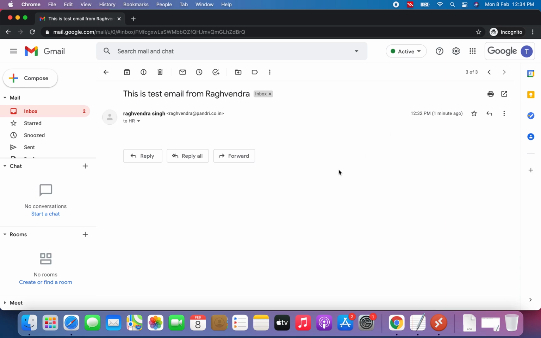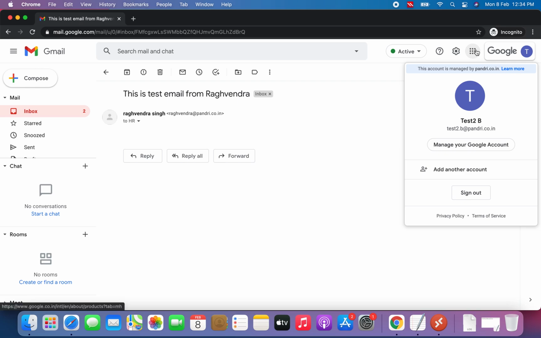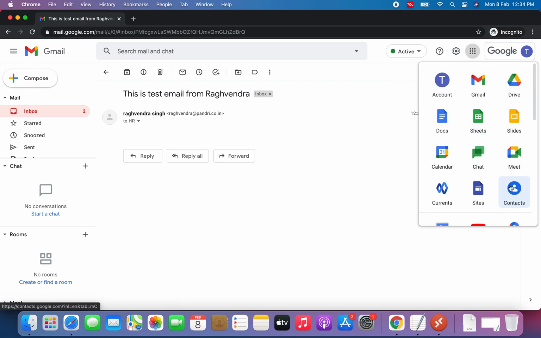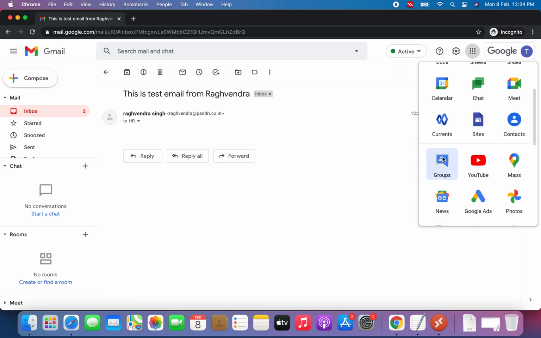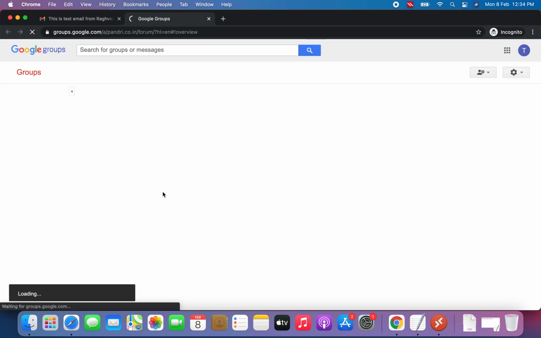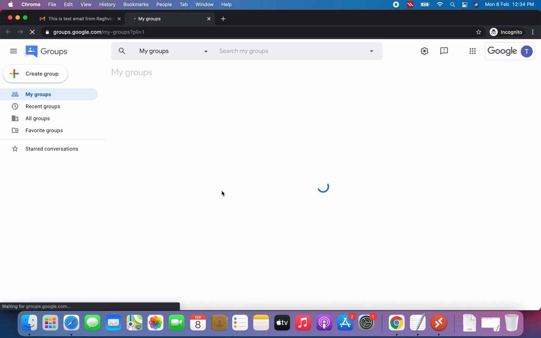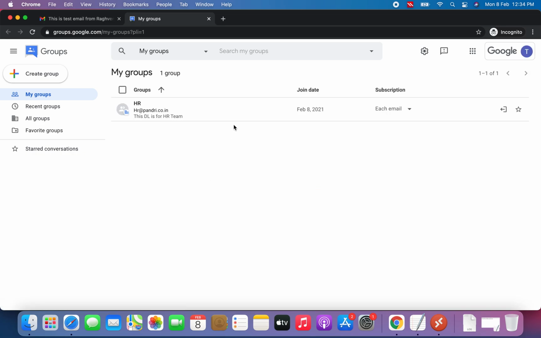Once you log in to a particular account, you can also check your group membership. Let me show you. Under groups, you can see which groups you are a member of. See, here you can see you are a member of the HR group. In My Groups, you can see the list of groups you are a member of.